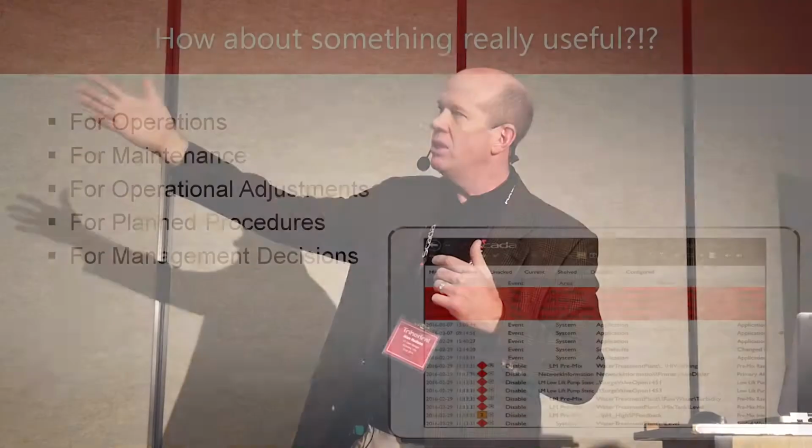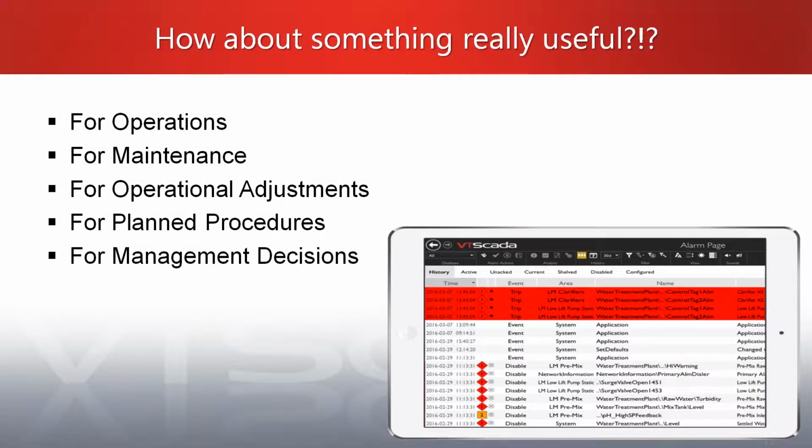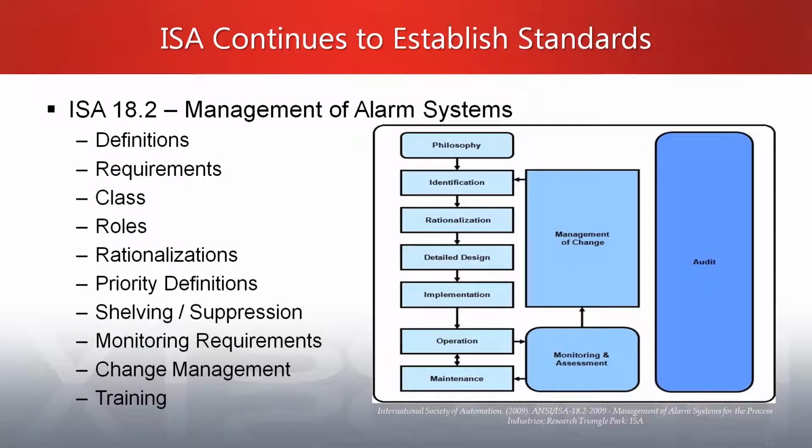But the whole thing is they're using information, in this case alarms, for things that are useful for operations, in this case for maintenance, operational adjustments, plan procedures, and management decisions. Should we manage off of alarms? Probably not. You probably want to manage off of other data first. But when alarms come in, then you can take additional action, and maybe it even cues you in on the next stage of that. So, as we move a little further forward, ISA did a long-term study.